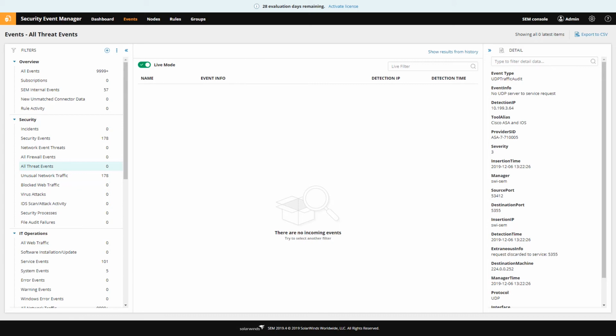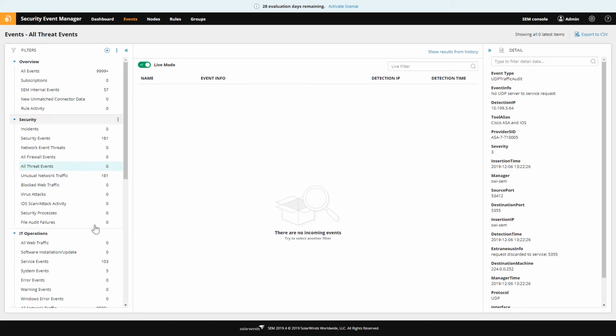So if you have someone going to a flagged external site somewhere, you're going to get a little field that says isThreat equals true. You can monitor those with this all threat events filter, or incorporate it into your rules, your reports, your queries, etc., to find those critical network events that you might want to take a closer look at, to make sure people aren't going where they shouldn't be and they're not presenting any security issues for you, right?